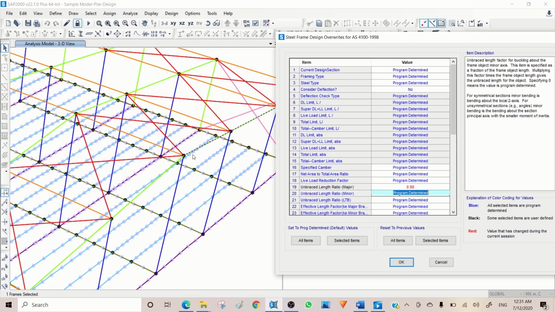So we have 1.2 meters space between purlins. The whole length of the element is 16 meter, so it's coming something around 0.08, a little bit less, but in this scale it doesn't matter if you put 0.1 or 0.08. And then the brace length ratio for lateral bracing and buckling. So here again, this is in Australian standard is used for bending calculation, so I put this